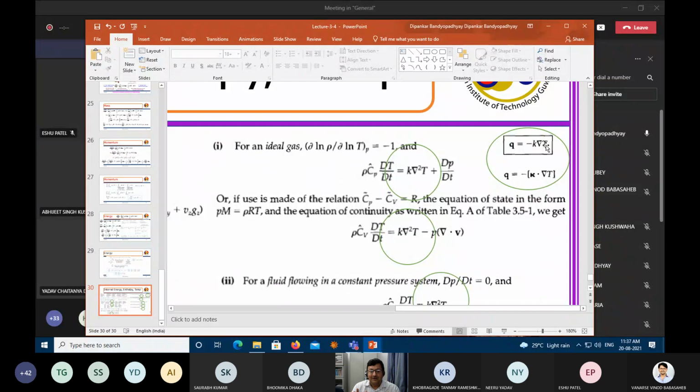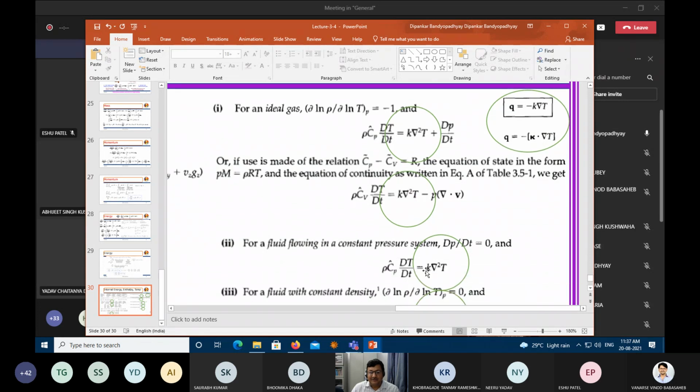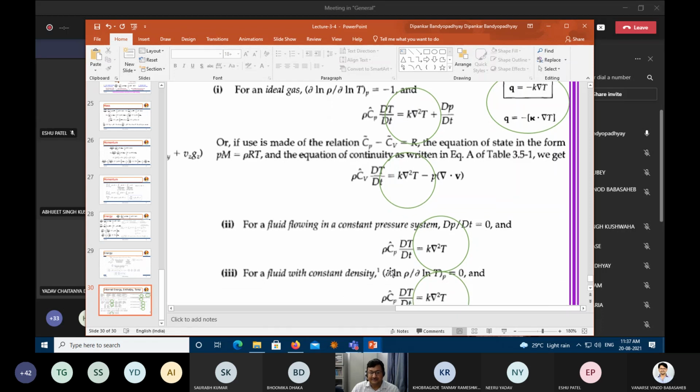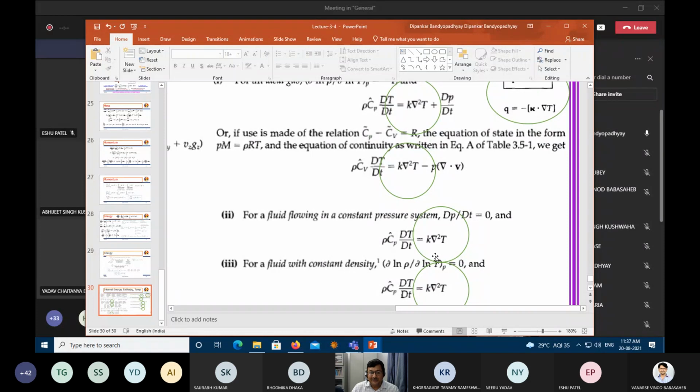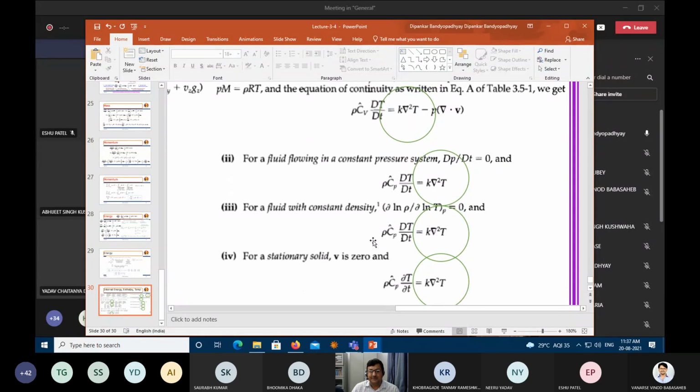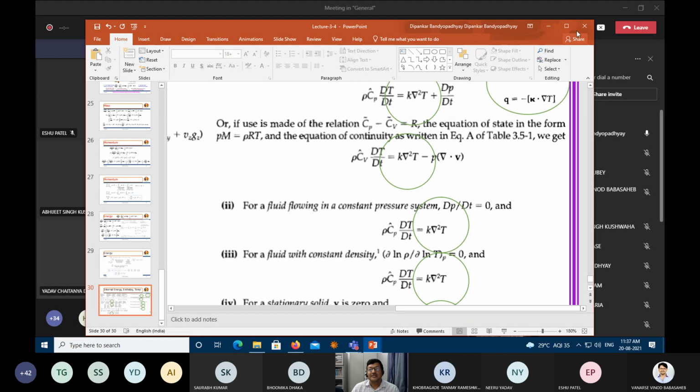And then he put this back into the divergence of Q in order to get the most comprehensive equation. This is the most comprehensive equation of the unsteady state, a three-dimensional unsteady state heat conduction equation, which will be our focus. Of course, we will also integrate convection and all these things as we progress. But this is the origin of